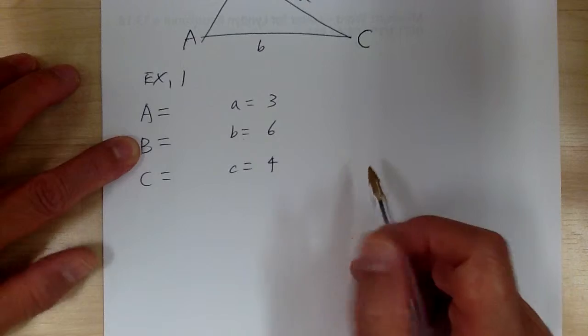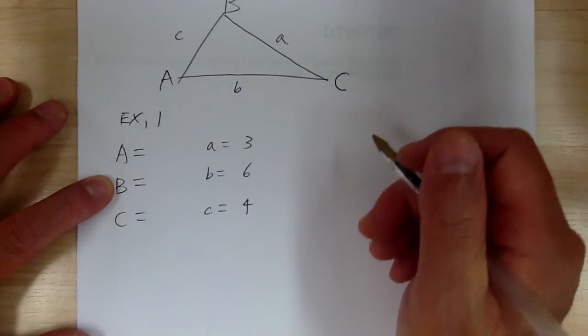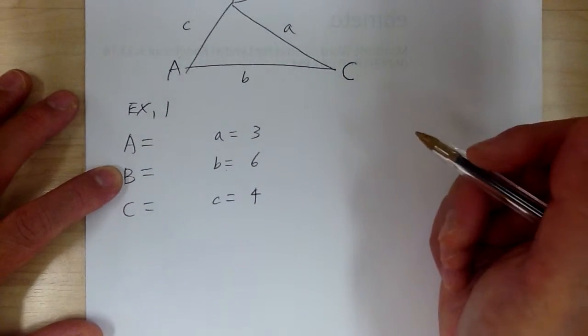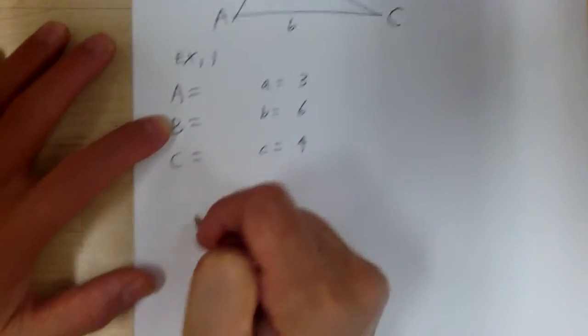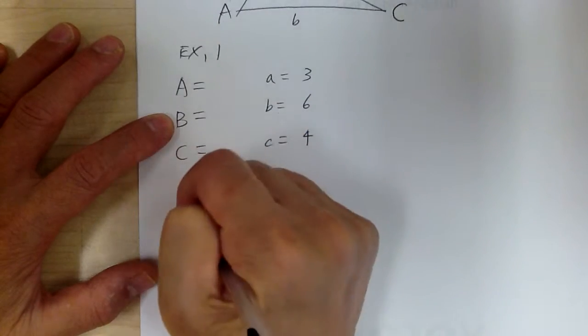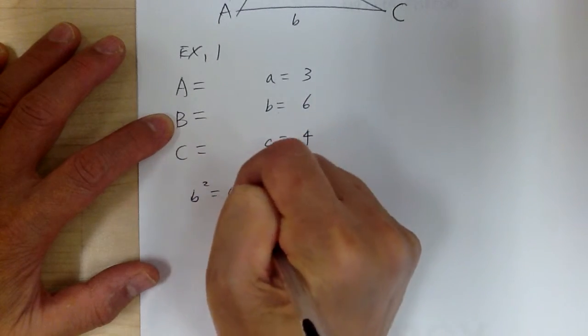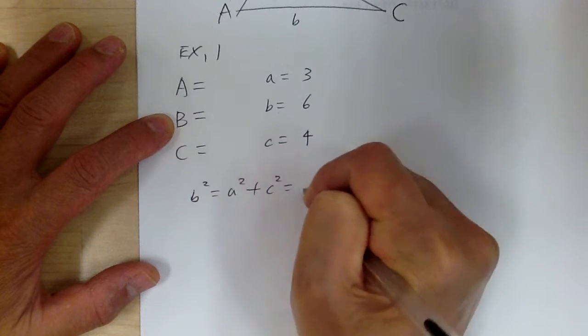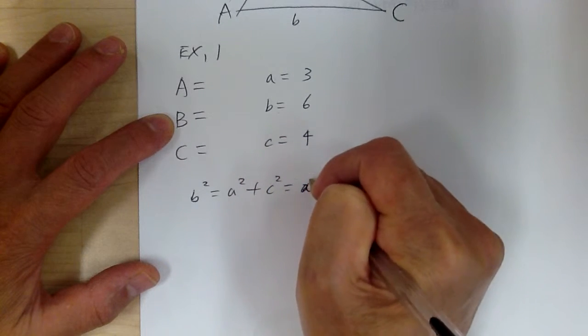So I'm going to write down the information. Okay, so the equation would be, since you're looking for B, you have to start with B, right? So b squared equals a squared plus c squared